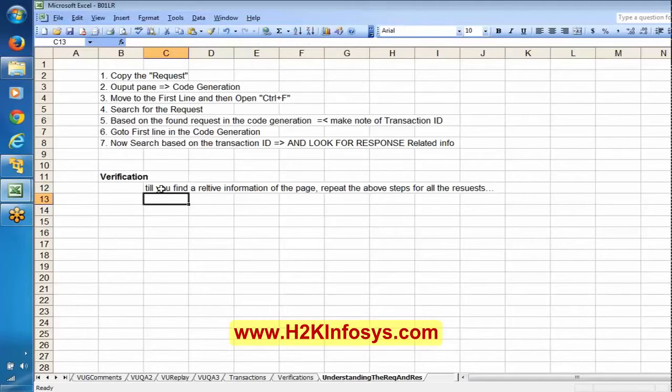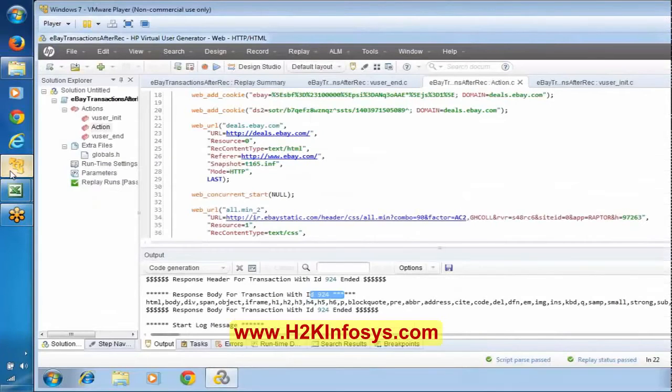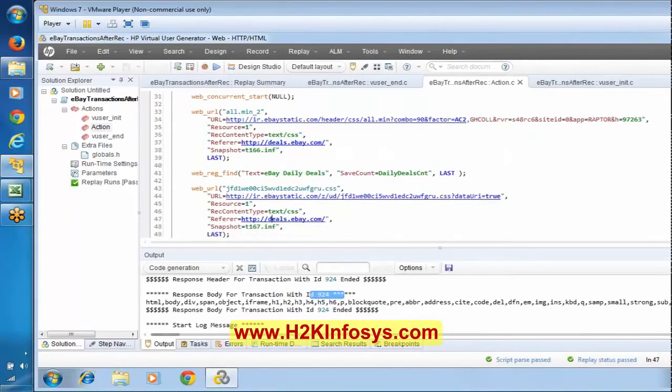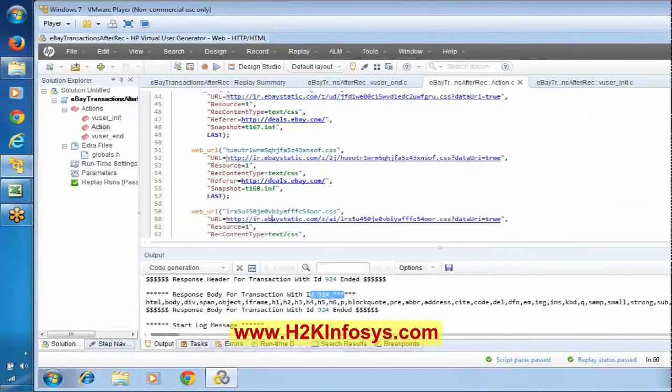Now see here there is a tip over here. During this particular process, as I said, please everyone don't post any questions during the topic discussion. If you have any questions, please post during the question and answers. Now see here there is a tip over here. Say if you see, while this request starts with something like .com, and it is saying some .min_2, if you see somewhere in the request, here I'm scrolling down,